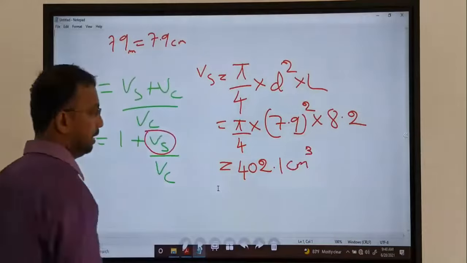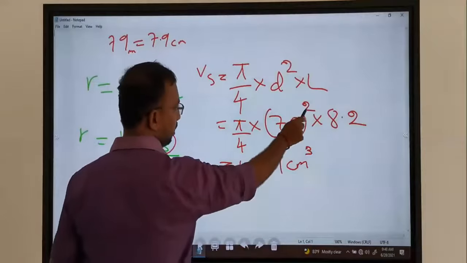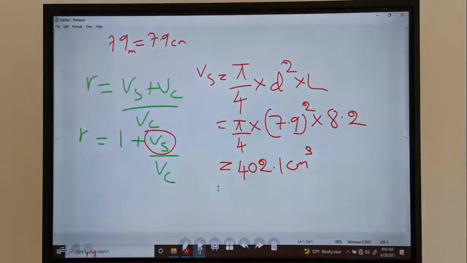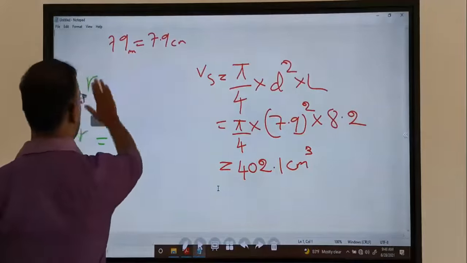centimeter cube. Why centimeter cube? Because of the square, so cube. So now I delete that. So now we find the